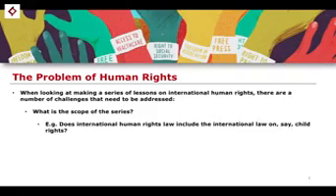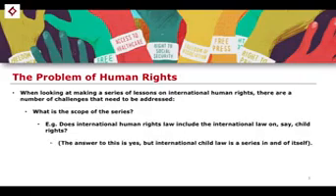So, for example, does international human rights law include the international law on child rights, the international law on the rights of children? And the answer to this question is, of course, yes, within the broader scope of international human rights law. But international child law is a series of lessons that I want to do in and of itself, because you can almost delimit the general international human rights law from that of international law in relation to the protection of children, i.e. the Rights of the Child Convention and all of the things that go along with it.